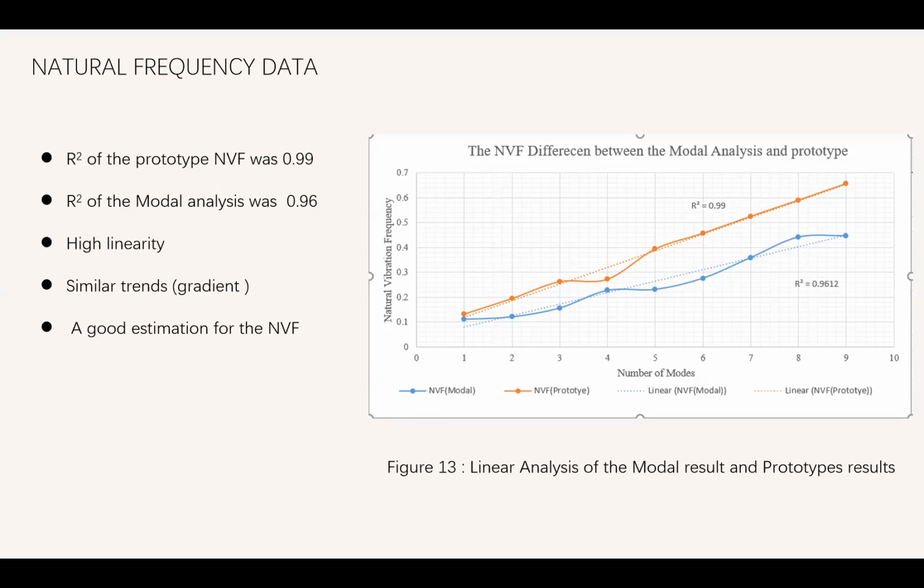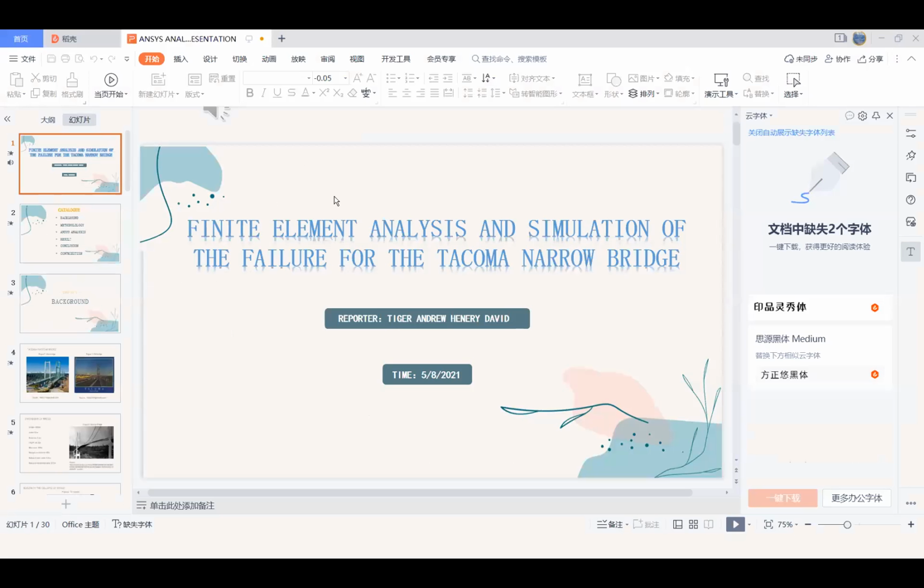The R square in the table represents the linearity. The higher R square value you have, the better linearity you have for this set of data. They both perform a really good R square this time, so we can say those two sets of data are linear. The logic behind the linear regression is to determine